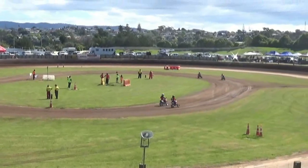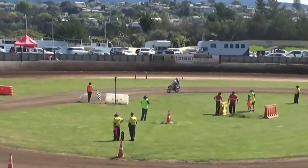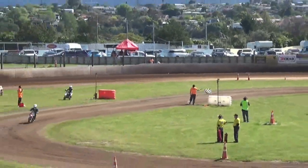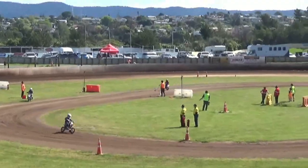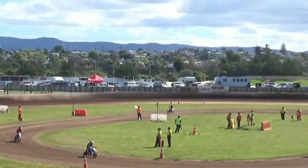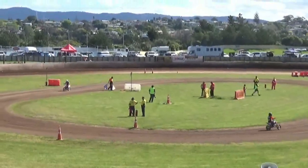She gets in there. Is she going to be able to have a go as she comes round? Is it going to be Josh Parks who's going to get off the line? Josh Parks takes the win, and Ella just drops off the track. Great piece of work, great riding right up till then, and in third place it is the 9 of Daniel G, and fourth, 10 of Madeline Smith. And a time of